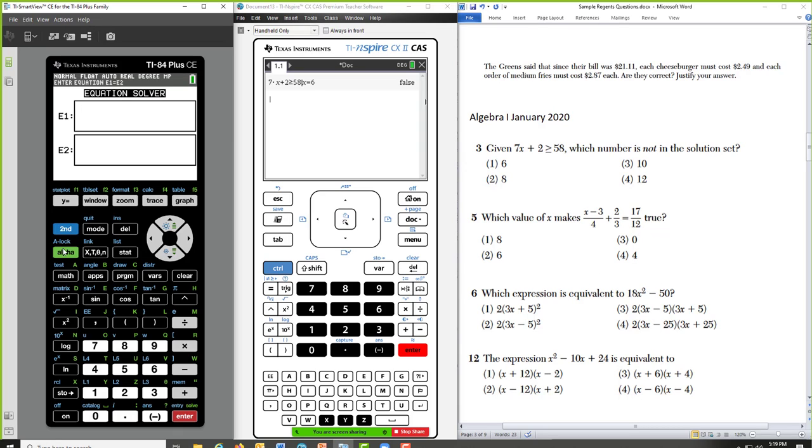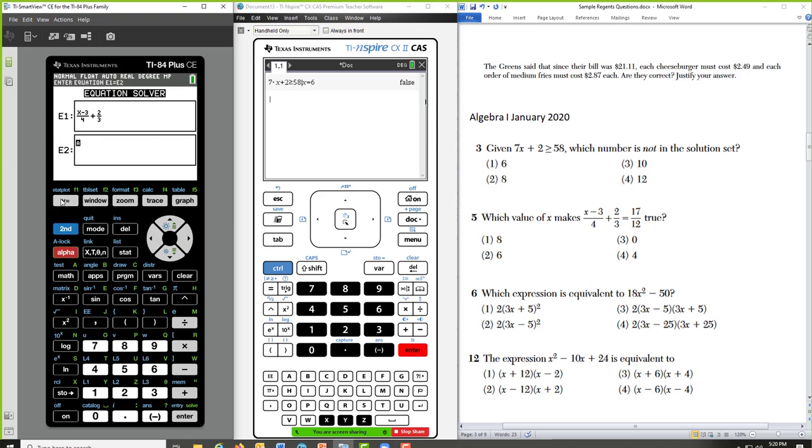But I can now use my fraction template and put in exactly what I see in the problem. X minus 3 over 4 plus alpha y equals the fraction template 2 over 3. I'll down arrow to get to expression 2.